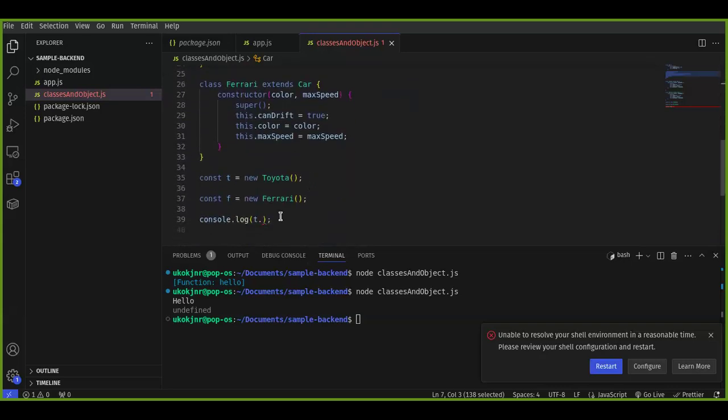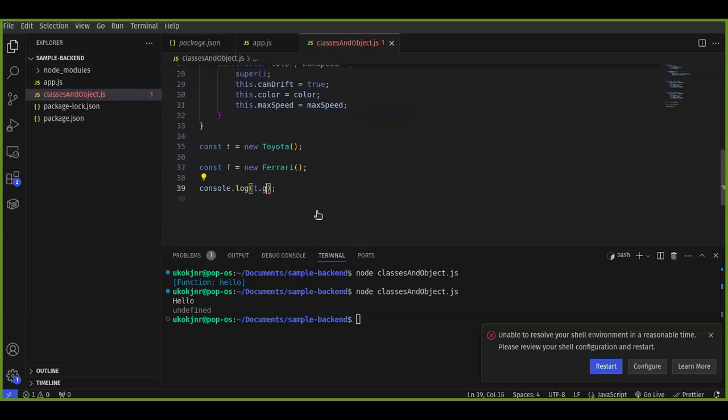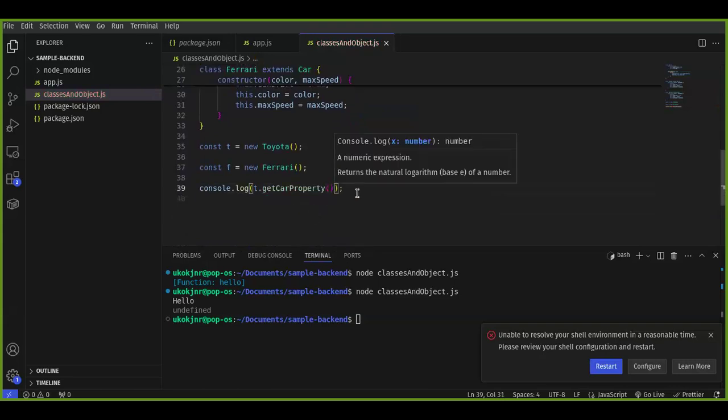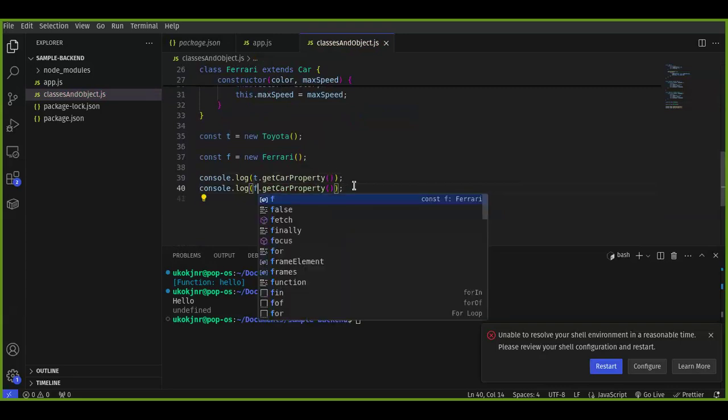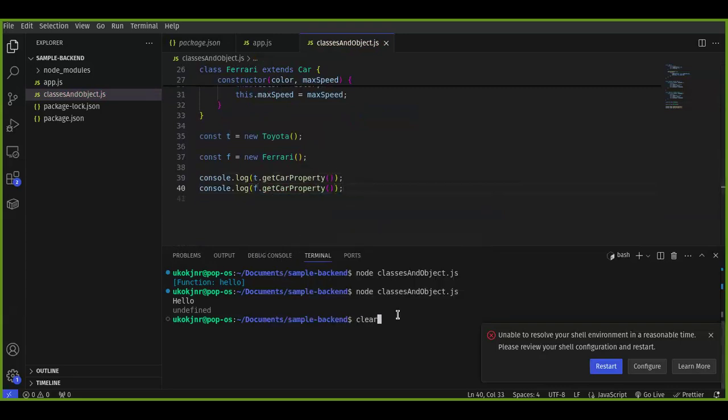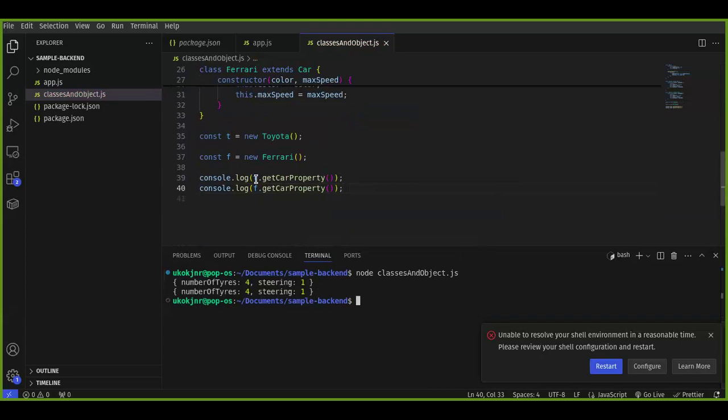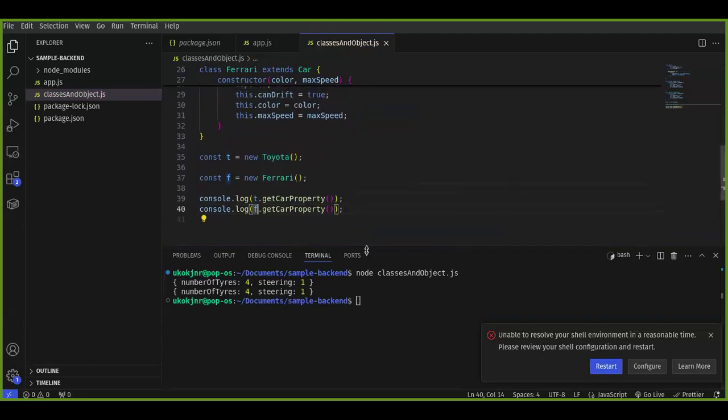So if I say t.getProperty and f.getProperty, and clear this and run. You see, the Toyota and the Ferrari class have the same